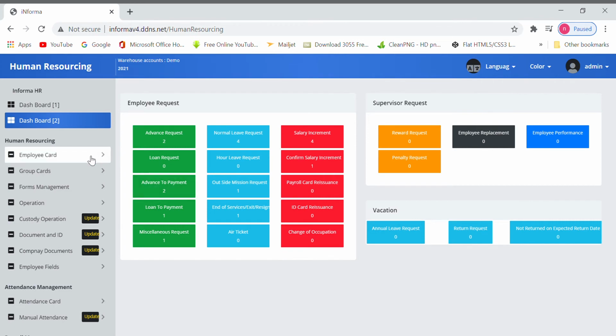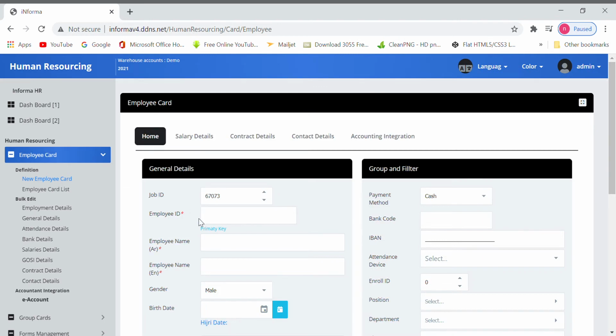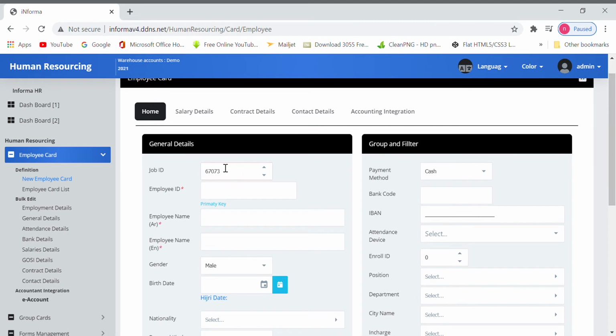Now from the employee card we are going to add a new employee. In home we have general details, and there are some groups where we have to insert the details of the employee.